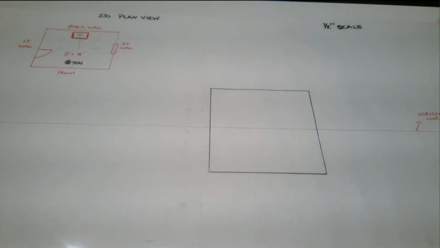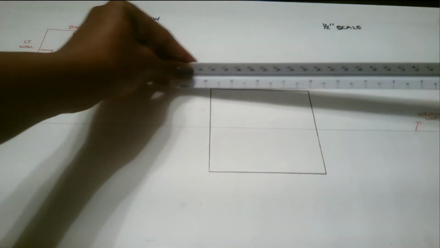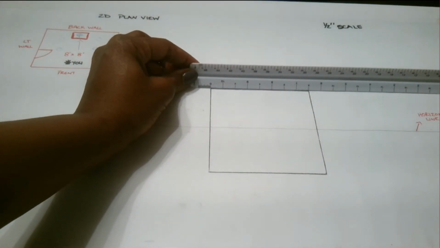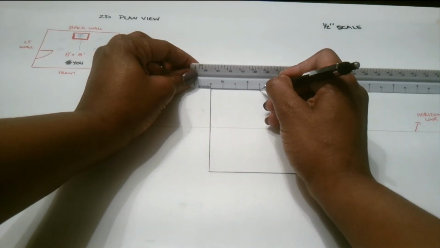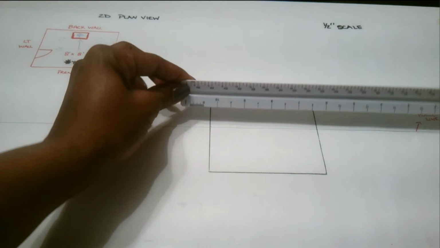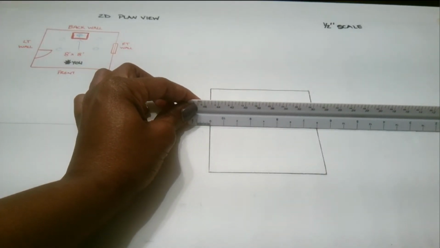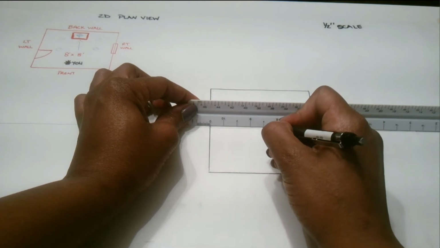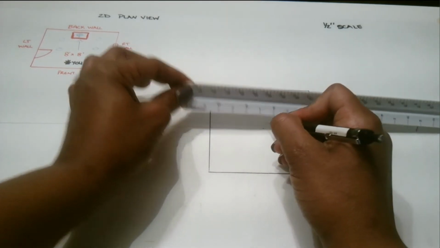Now we need to create a vanishing point. That vanishing point is the point at which receding parallel lines, viewed in perspective, will appear to converge or disappear. To get your vanishing point, it is literally the center of your space. So once again, taking my 1/2 inch scale, I'm going to find the center from the top of my room, or I can place it right on the horizon line and measure. At that 4 feet, I am going to create a dot,